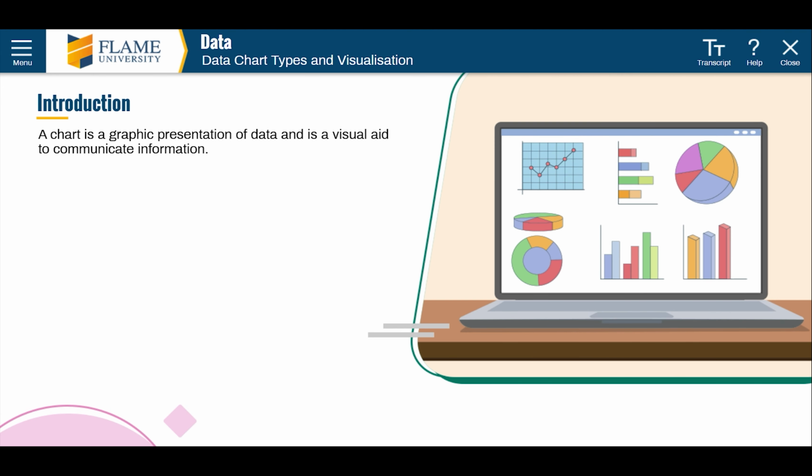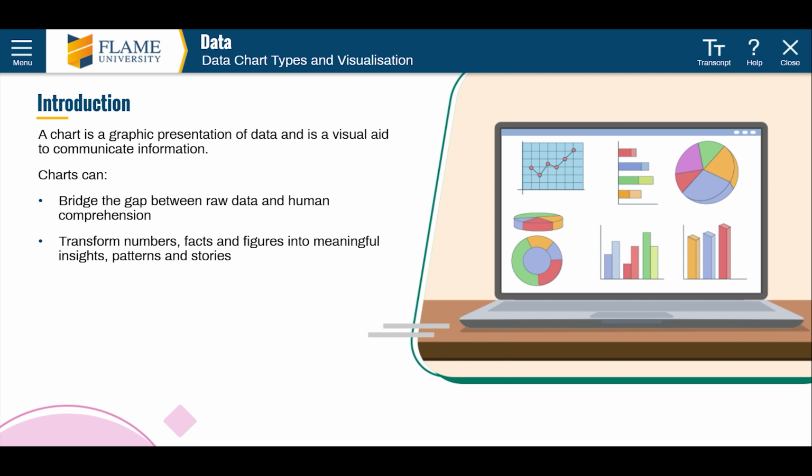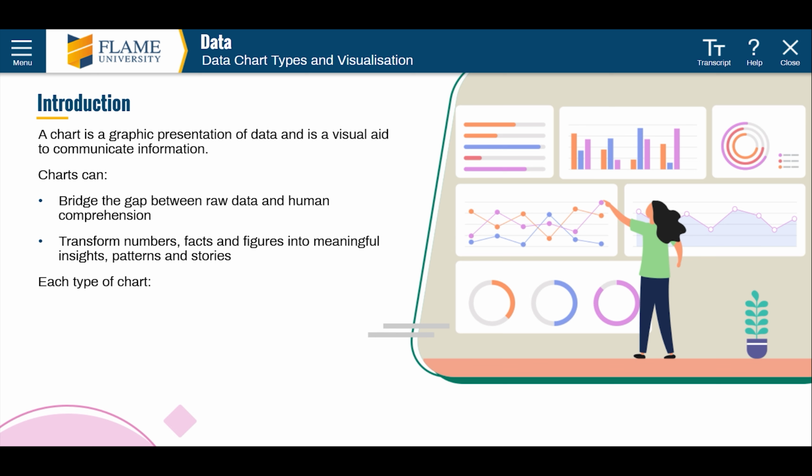In the earlier module on Excel, you learned about various charts and how in our data-driven world, where information is abundant and complex, charts serve as the translators that bridge the gap between raw data and human comprehension. They transform numbers, facts, and figures into meaningful insights, patterns, and stories. Each type of chart serves a distinct purpose, allowing you to match the right visualization to your data and your